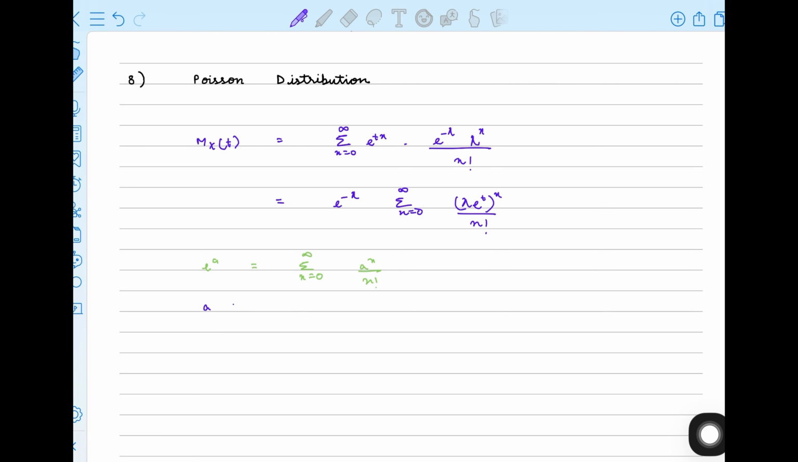Here, A is equal to lambda into t. This gives us